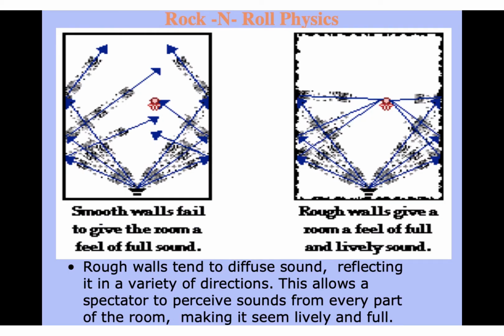Now, if you were going to be an engineer or an acoustic engineer, this would be a job. If you're trying to design buildings, say like the band room or a concert hall, you want to take into account the laws of physics, and one of these would be the reflection of those sound waves. So if you have very, very smooth walls, what happens is the waves bounce off exactly at those angles, right?